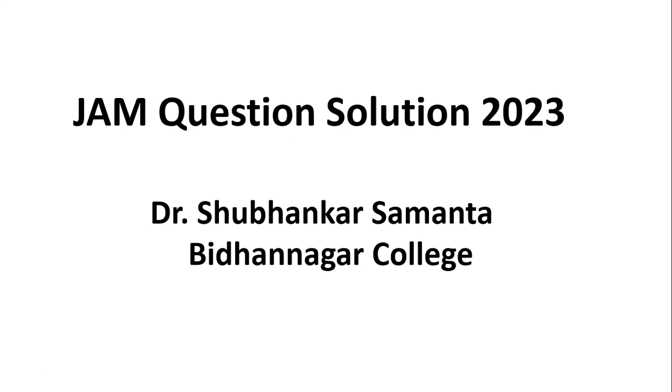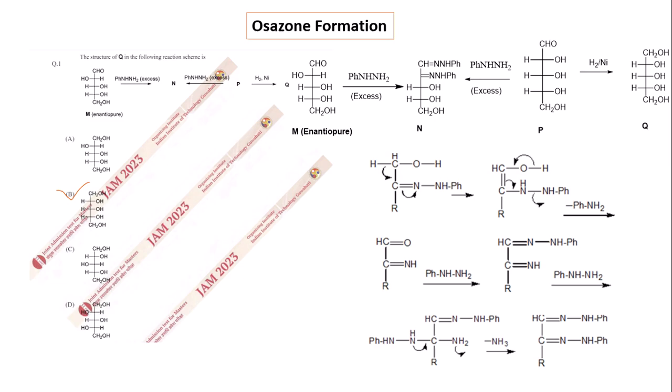Now we are going to the JAM question solution 2023. The first question for the JAM question solution in organic chemistry is the osazone formation. How can osazone formation take place? A related problem is given here. In that reaction, the